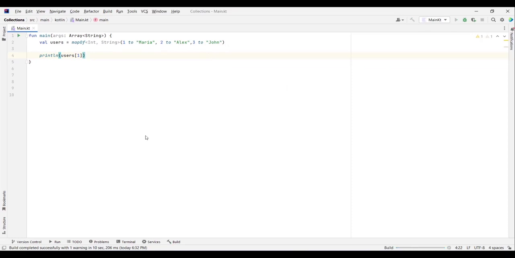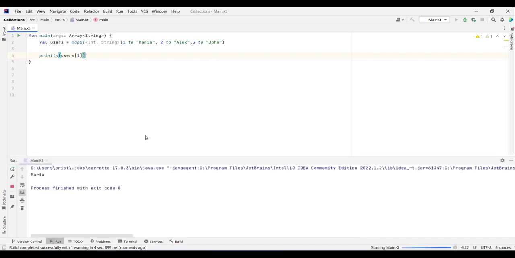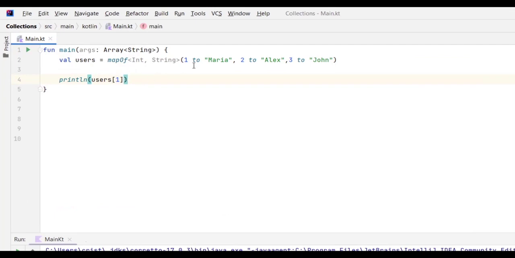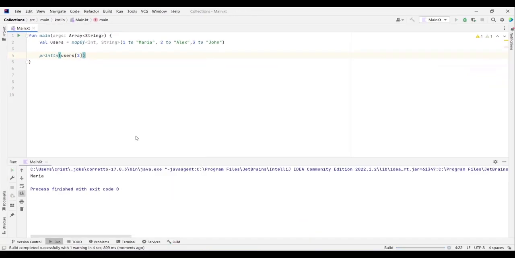So now if you run this code, we get Maria, because the value which is corresponding to the key 1 is Maria. And if you change this to 2, we're gonna get Alex. If you run this,